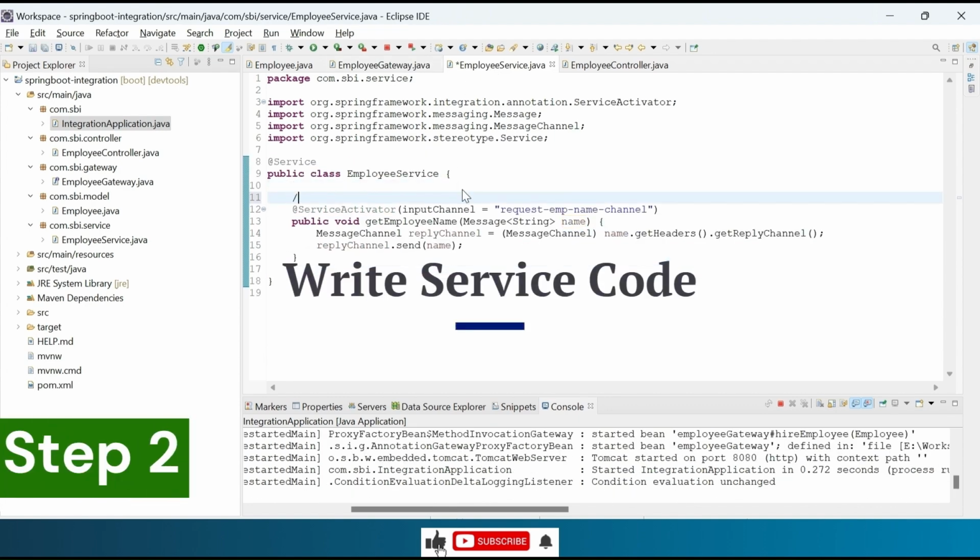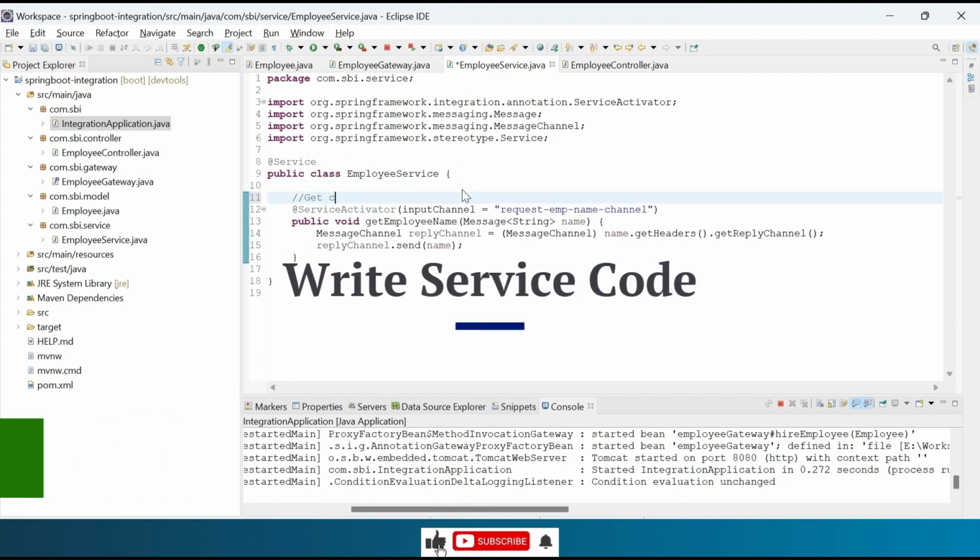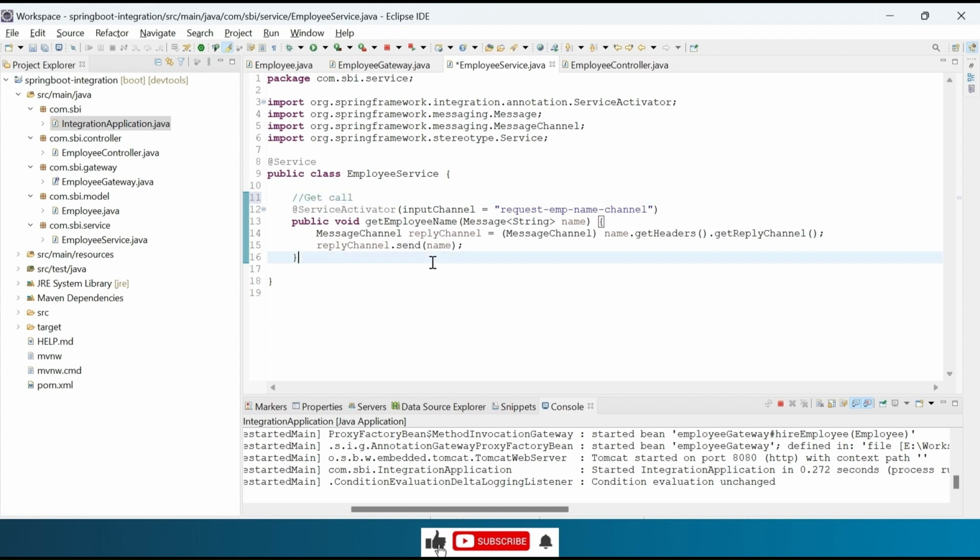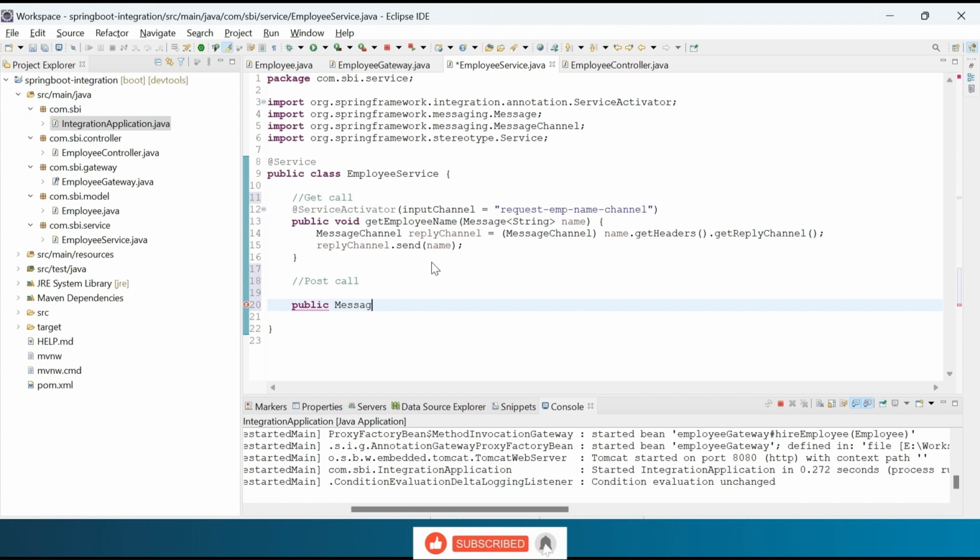Step 2. Let's write the service code. In the employee service class, add and define the hireEmployee method mentioned in the gateway interface.